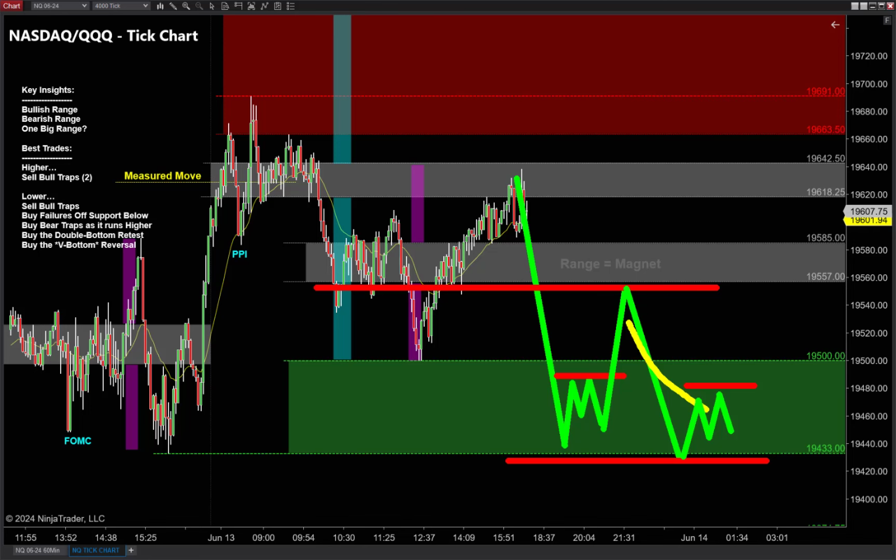You know, people often ask me, why don't we look for different setups every evening? But guys, once you learn what works, why would you change it? Once you find the golden goose, it keeps on laying eggs. So I will keep on milking that thing as long as these keep working. These work great in our trade room. Failure into those bull trap, or excuse me, in this case, a bear trap pattern combination going higher off of